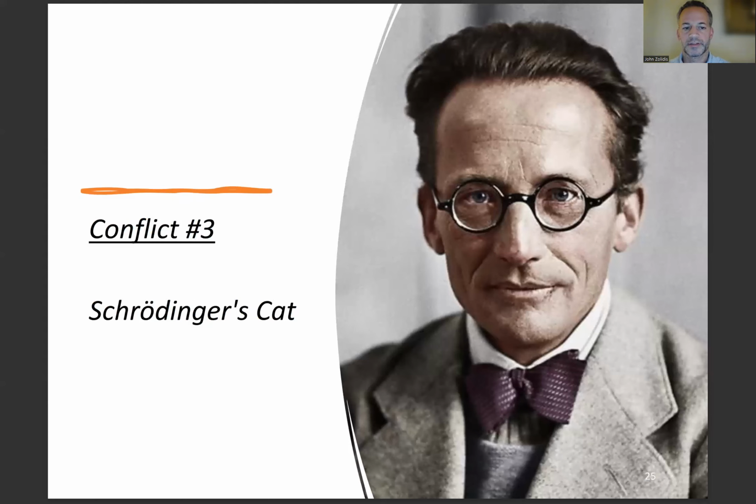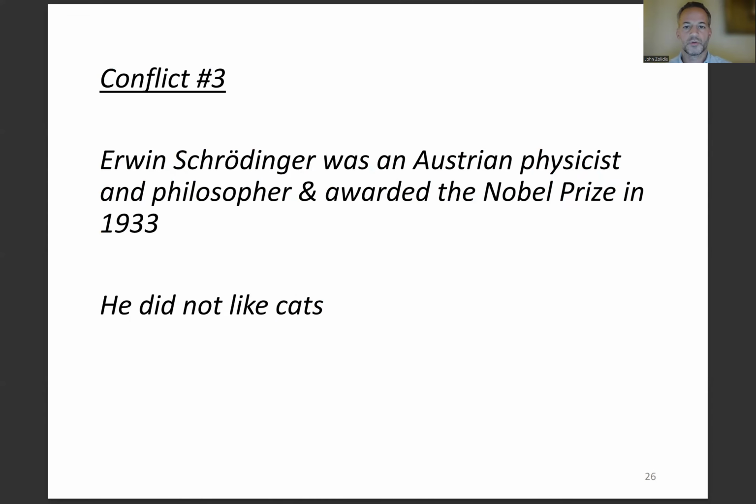And our third conflict and analogy is around Schrodinger's cat. I apologize if you haven't heard of Schrodinger's cat. Back when I was in high school in Wisconsin, when we finished talking about whether the Packers draft had been good and ran out of discussion of ice fishing, there wasn't much left to discuss. So obviously we want to talk about things like Erwin Schrödinger, who was an Austrian physicist and philosopher. He won the Nobel Prize in 1933. He didn't like cats. It's well known.